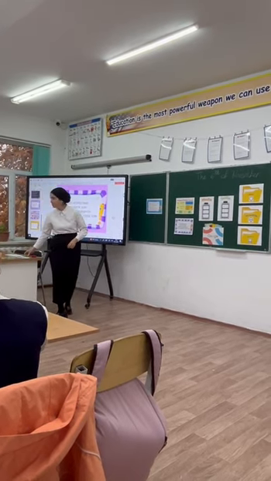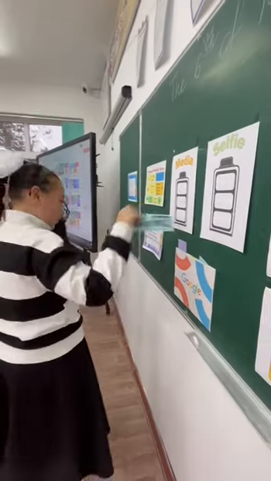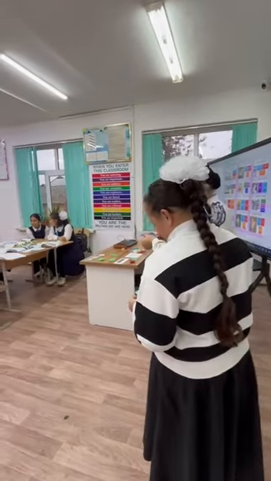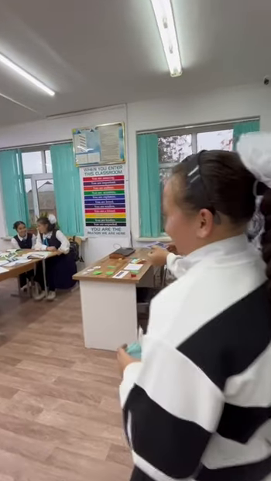One by one. Quickly. Come to the blackboard and take one sticker. From your group, come. How to get the dog?